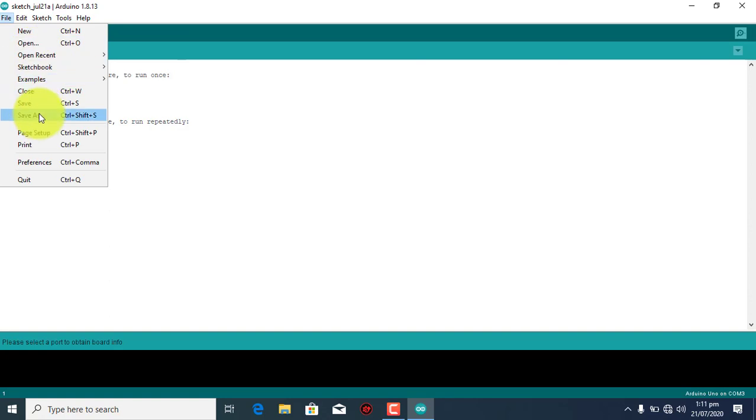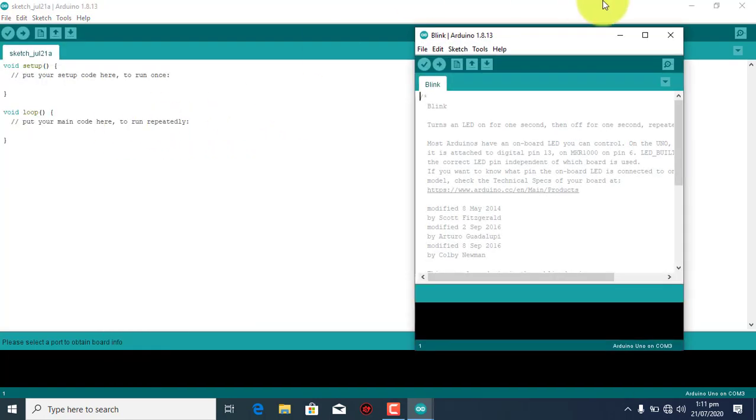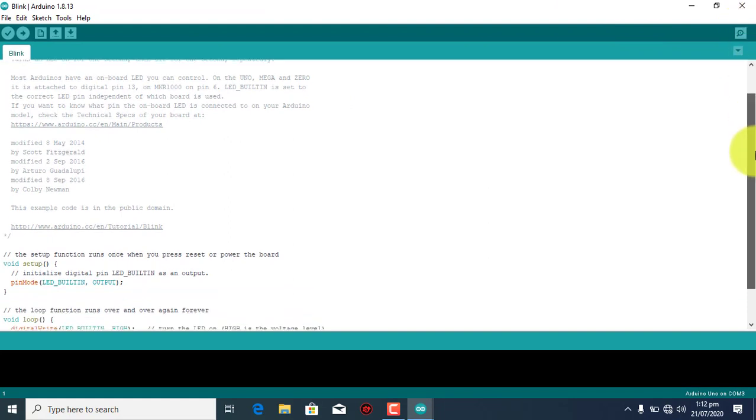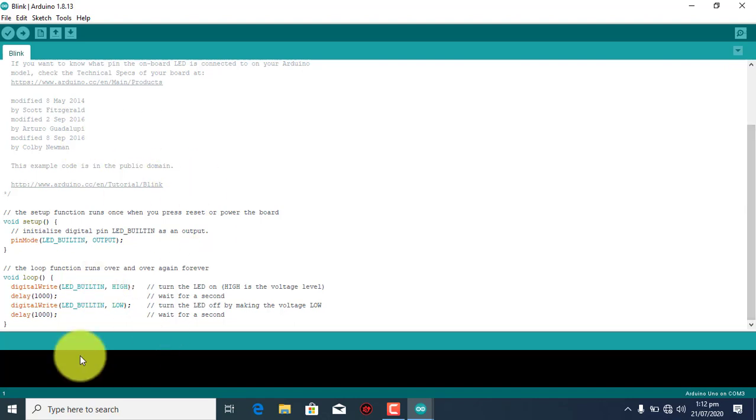Let's open, for instance, we'll go to example, and let's open the blink code. Now, for example, you are done with your code like this. You have already written your code. So first thing you are going to do is that for you to upload this code to your Arduino board,